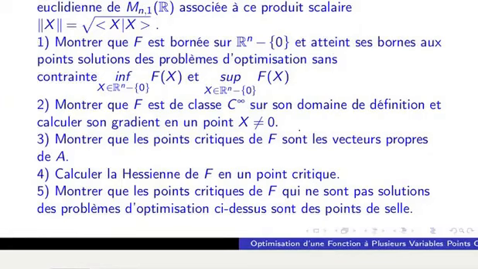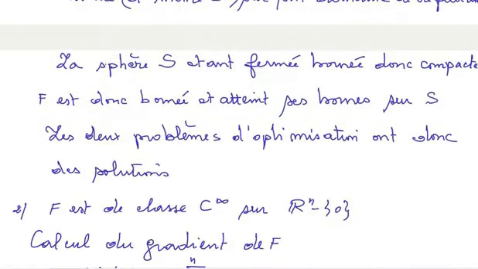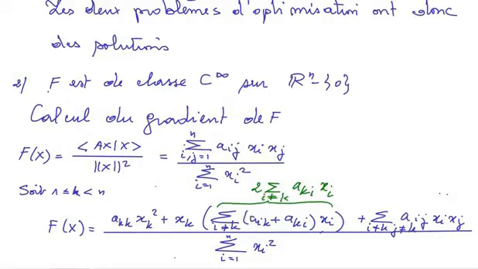Secondly, show that f is of class C infinity on its domain of definition and calculate its gradient at a non-zero point. So second question, f is of class C infinity, for the same reasons as continuity, because it is a rational function in the coordinates. So it is C infinity over its domain of definition, which is Rn excluding 0. For the calculation of the gradient of f,